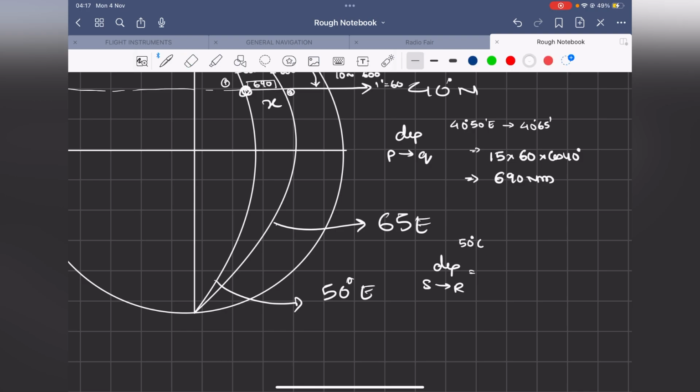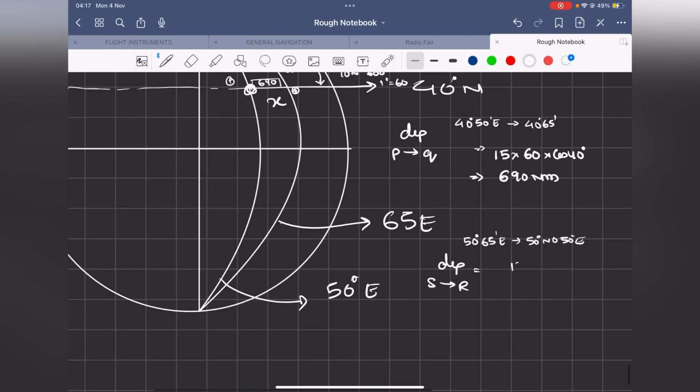50 degrees 65 minutes east to 50 degrees north, 050 degrees east. How much is the departure here? It's going to be 15 into D long of again what? 15 degrees into 60 into cos of 50 degrees. So what did I get here? I got